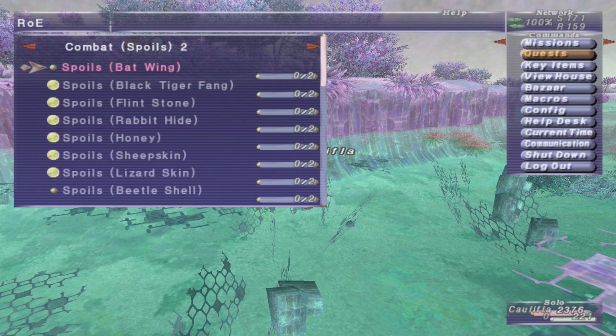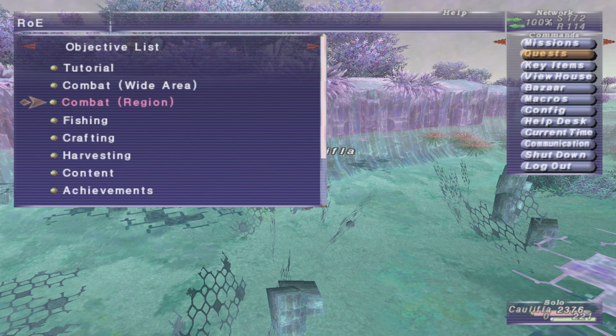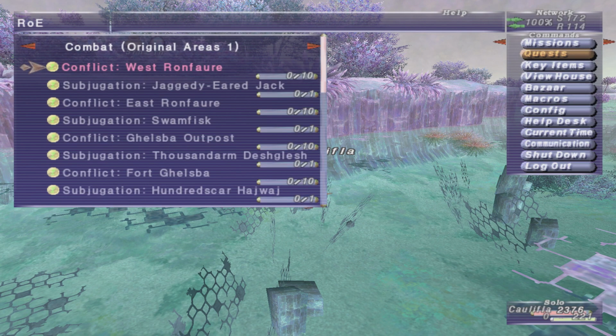If you know you're going to be, say, fighting rabbits, then sure, go ahead and flag rabbit hides, but make sure that you are fighting a specific family mob that's going to be dropping stuff that you're going to be farming. If you're not really farming that mob, make sure you clear it out if you're going to move on to another area. The next quest that I would make sure I'm flagging would be under combat region, and